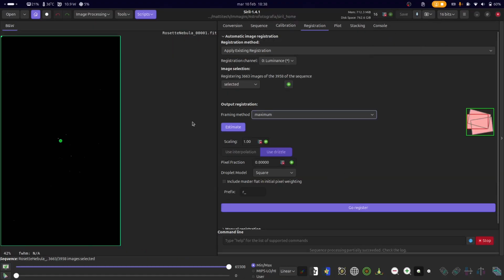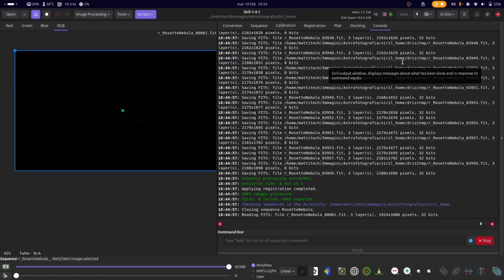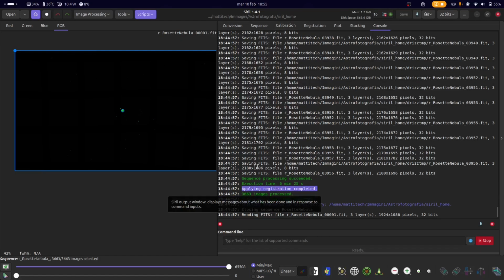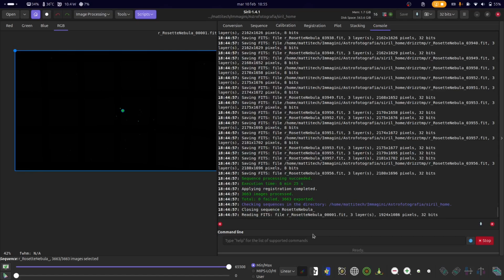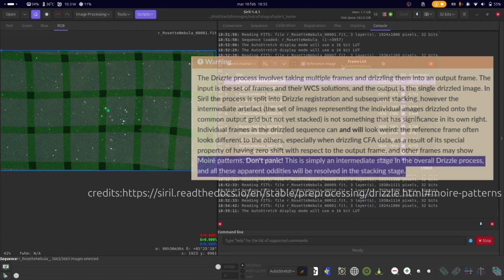Okay, so now that we have put our settings, everything is set up, we can finally click onto the Go Register button from Apply Existing Registration and watch as the registration is applied. Okay, so now that our registration has been completed, it has been applied. Now a new sequence with registered subframes has been created and automatically selected by Siril with the sequence with the prefix R. So now if we auto search and look at these subframes of this new registered sequence, you can